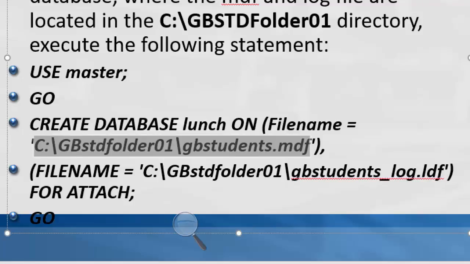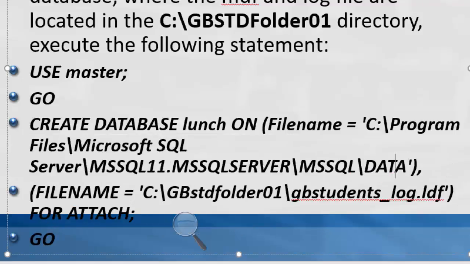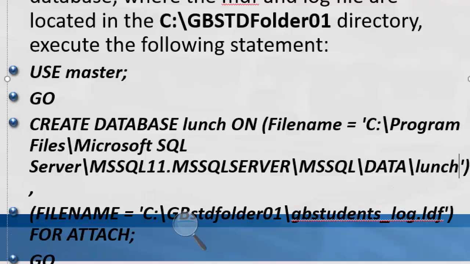C program files, SQL Server, and data, and we need to actually give the file name, which is /lunch.mdf, exactly. I'm going to put that all up there, so you don't have to put the path there yourself.